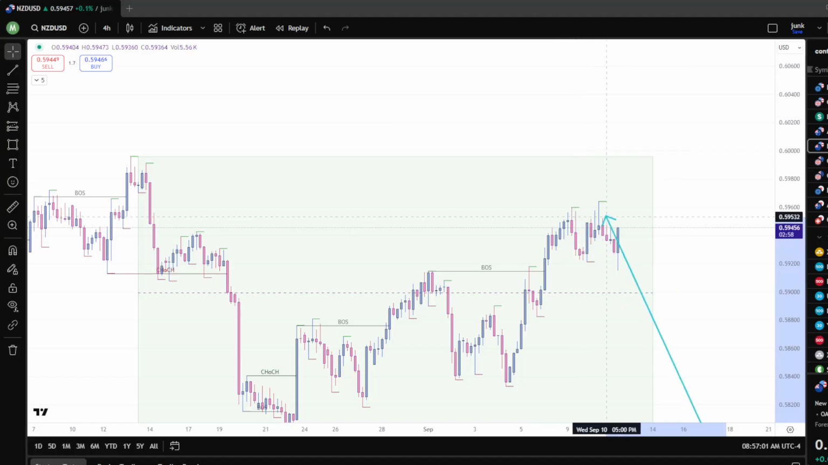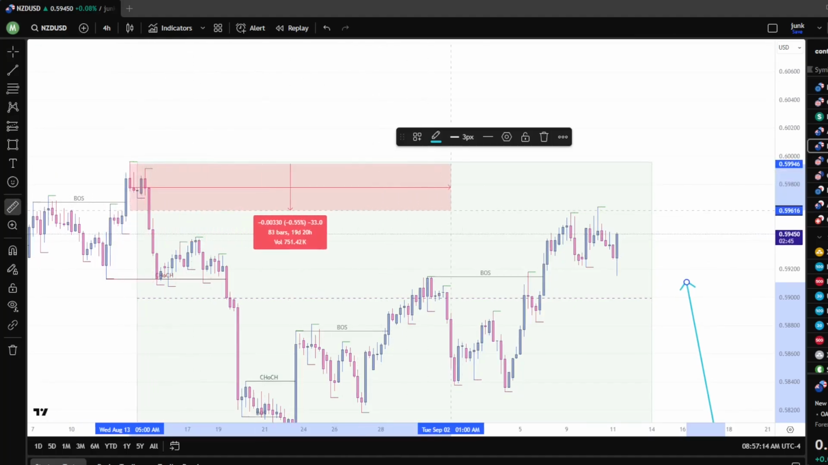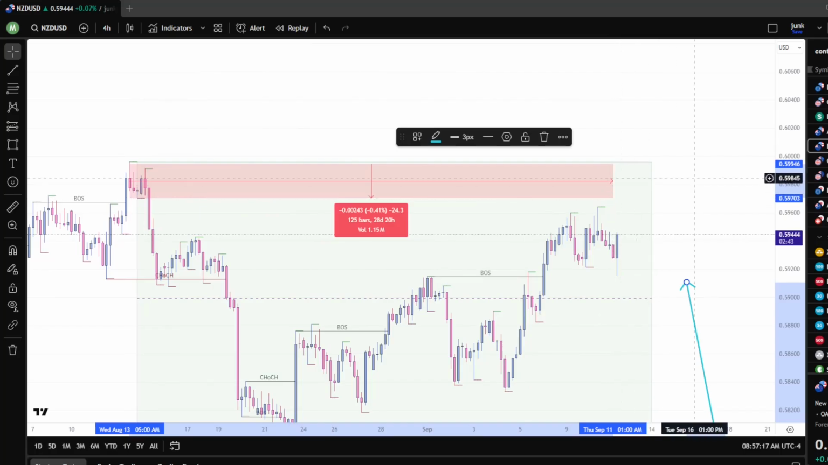So right now, looks like this is forming on a micro level resistance with support down here. If there is a bullish push, we're expecting it to go ahead and push past these highs and push past this area of supply. We have to watch out for